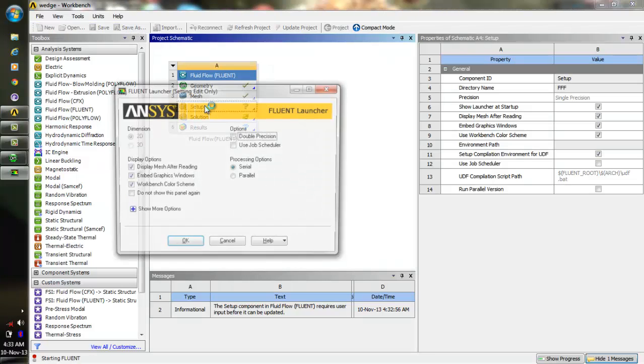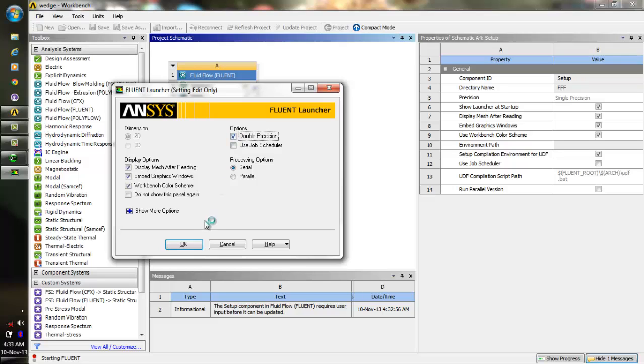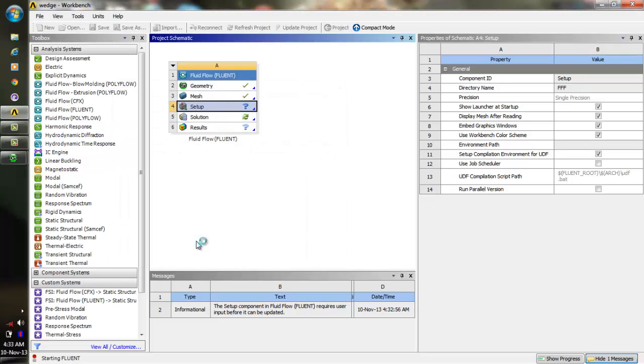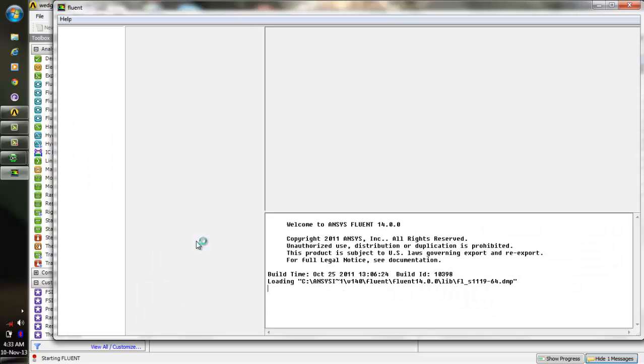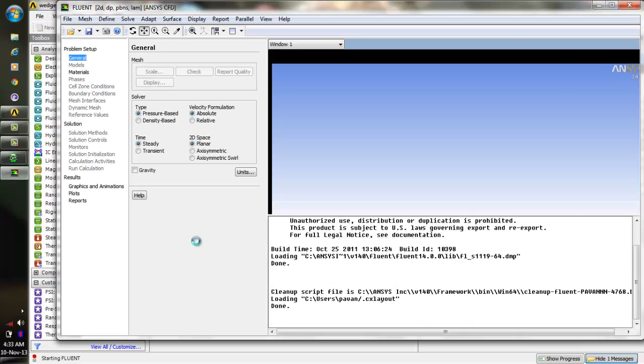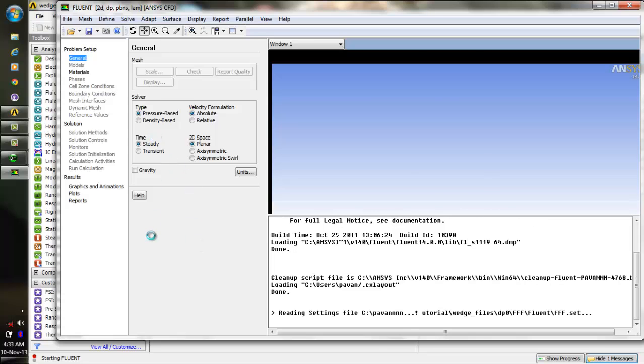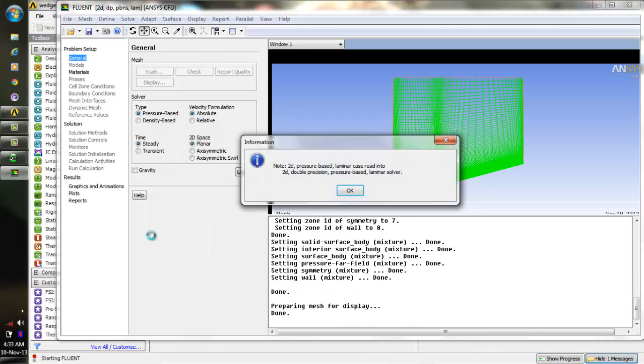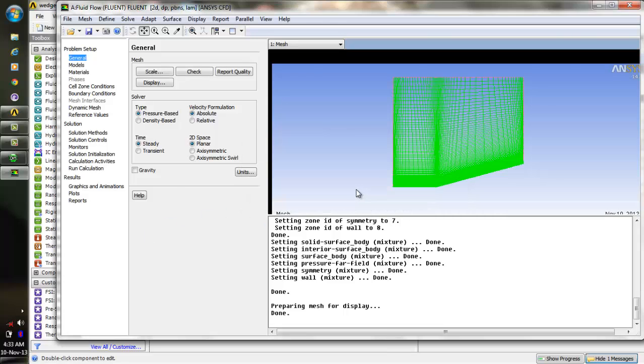Now proceeding towards the setup, we will use double precision. Okay, so it is a compressible flow, so it will be density based. We will be doing a steady state analysis, and